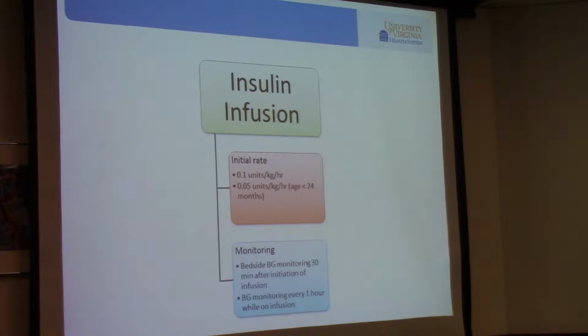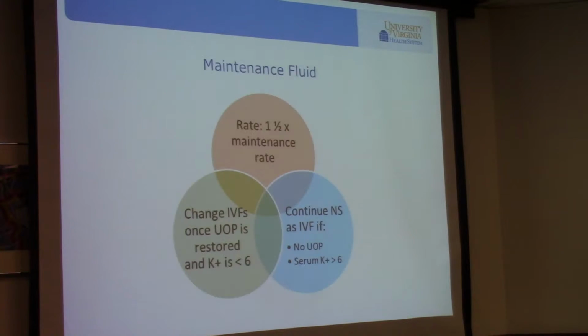I've been in the PICU for 10 years, and I've never seen an insulin drip higher or lower than 0.1. Okay? This just talks about your fluids a little bit and about the K, and those are going to be clear on the protocol and the order sets as well about what to do when their potassium is less than 6 or greater. The 1.5 maintenance rate, that may not make sense to you right now, but we'll talk about it when we do the case study. Okay? So far, so good?